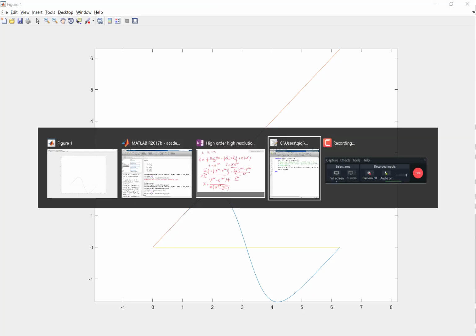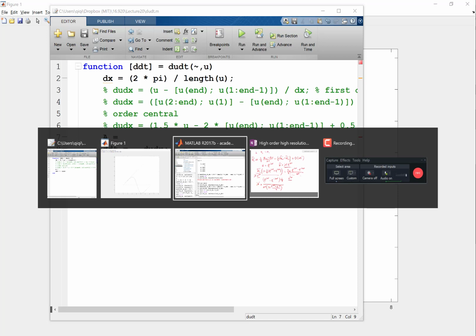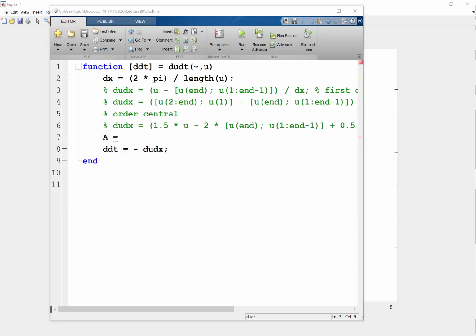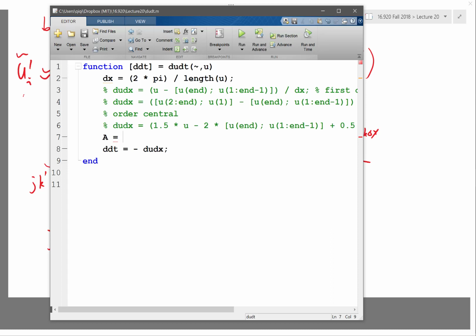All right, so let's plug this into MATLAB and see what happens. Here I need to construct a linear system, right? The linear system would have 1 on the diagonals and 1/4, a quarter, on the off diagonals. So it's equal to identity. Let's say n is the length of u. A is equal to identity of length n plus 1/4 times